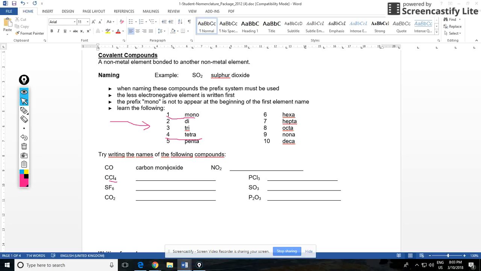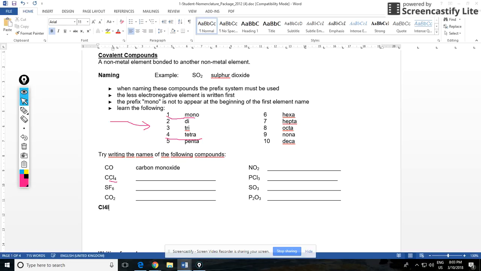Now, usually when you have 2 vowels that follow each other, you drop the vowel of the prefix. So that way it's not carbon monooxide, but rather it's carbon monoxide. The exception is if you have the letter I, then you wouldn't want to drop that vowel. So for example, if I had, let's just say,